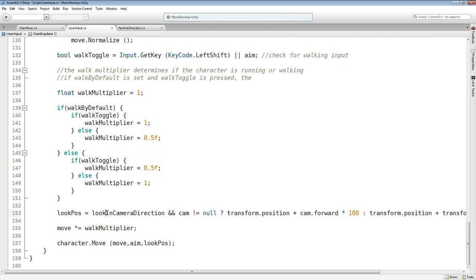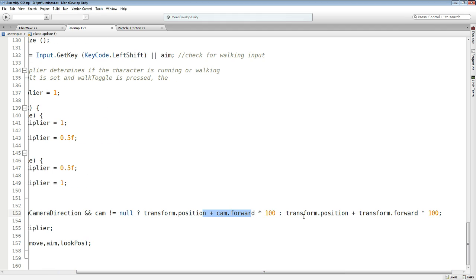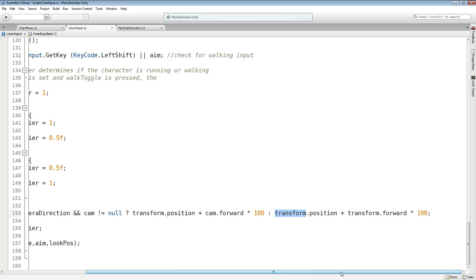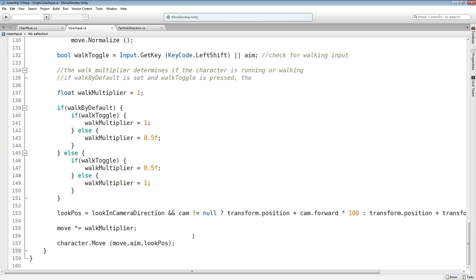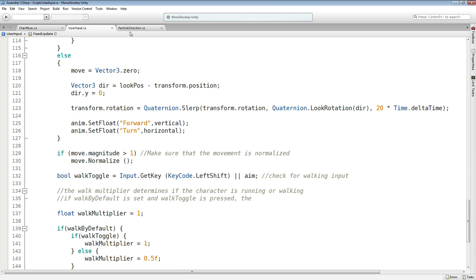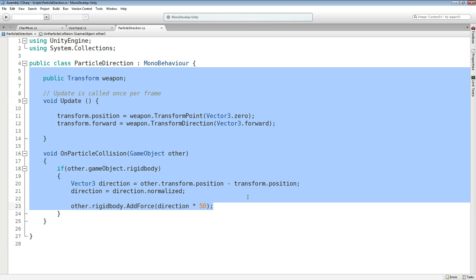And of course the look position: if we have the boolean true to our camera look direction, we have a camera, it's the transform position relative to the forward of the camera multiplied by 100. If there is not a camera, it's the transform position and the transform position dot forward multiplied by 100. We pass to our updated character move script, to our updated move function, the move, the aim boolean, and the look position. Okay, and we have this simple script for our particles,